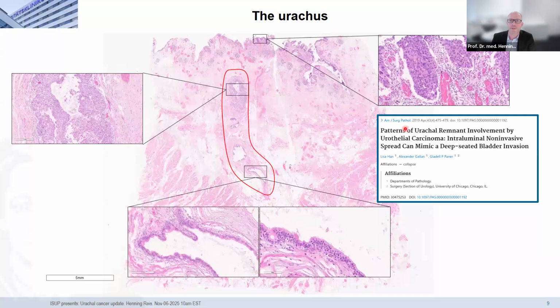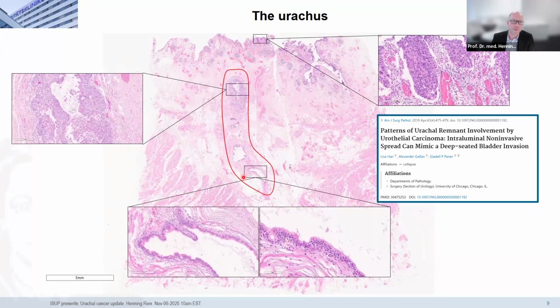Yes, there's the laser pointer. So there is a urothelial carcinoma in situ here, and it grows into the urachal remnant here. You see there is the CIS also colonizing the structure, and at the base of the structure you still have the regular urothelium, what you can see in the urachus.